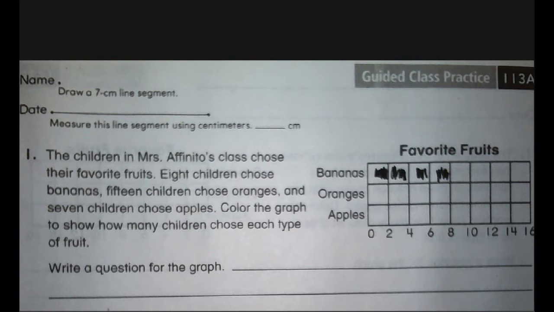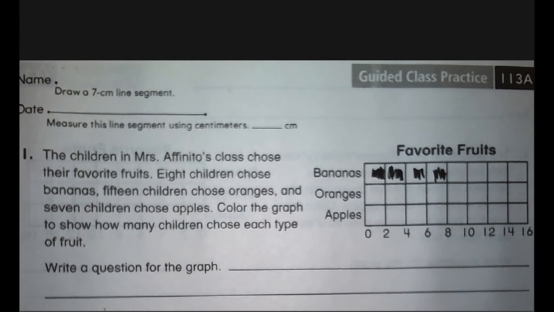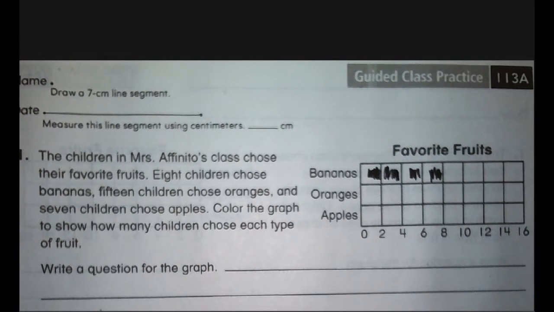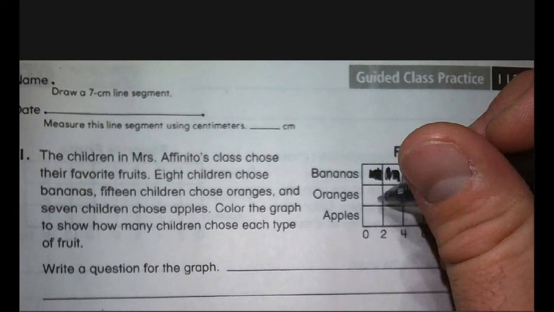It says 15 children chose oranges. Now if you'll notice, the graph is counting by 2s. There is no 15 on our graph. So what we're going to do is when we get to a certain square, we're only going to color half of the square in to show 15. So we're going to do, let's see, was it 15? It was 15. So